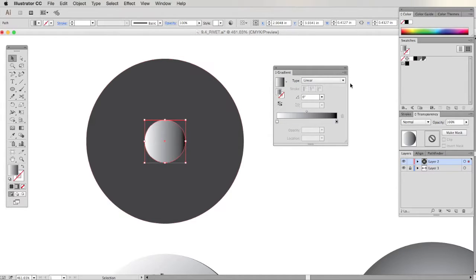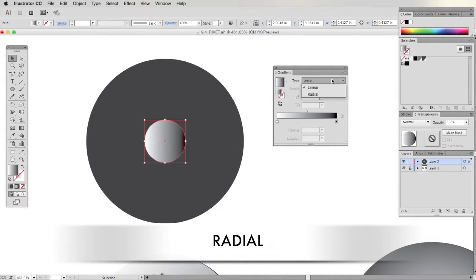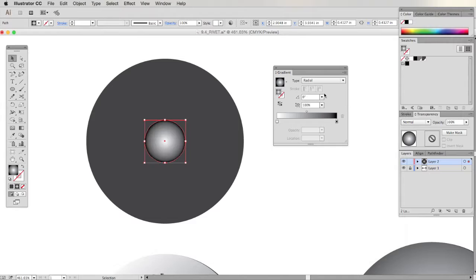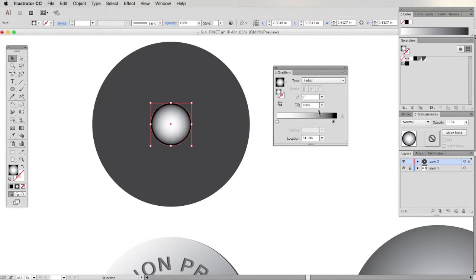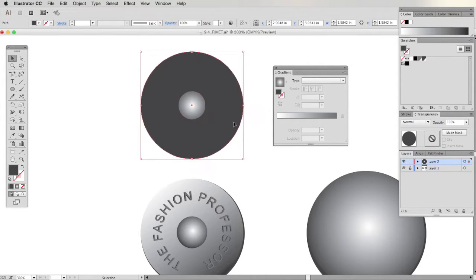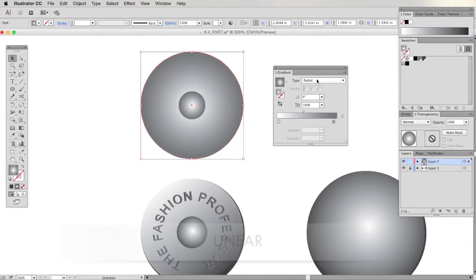circle. From our gradient palette, we want to choose Radial Gradient. Now with the slider on the palette, we can adjust the way the gradient looks, and we can also drag in a swatch. I want to use a lighter gray swatch here to cover this black to adjust the colors within your gradient. Now for the larger circle, I want to add a gradient as well, but I want to